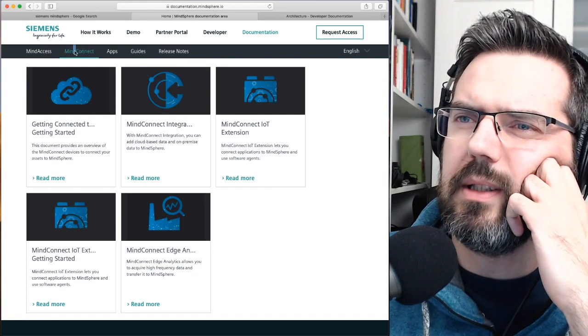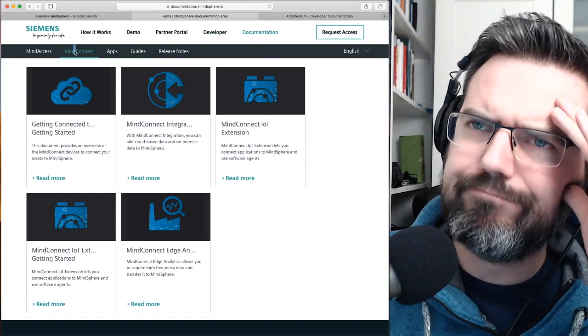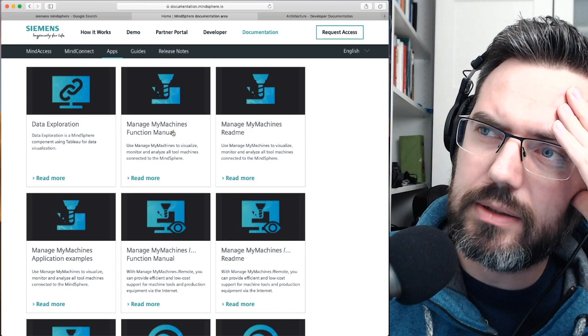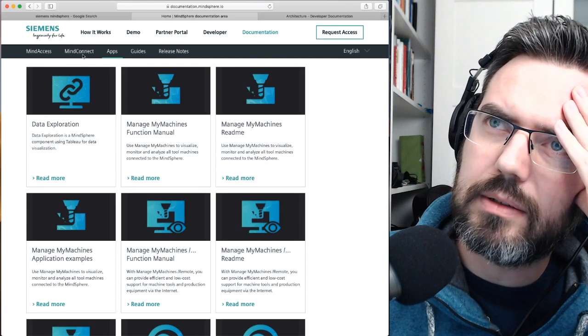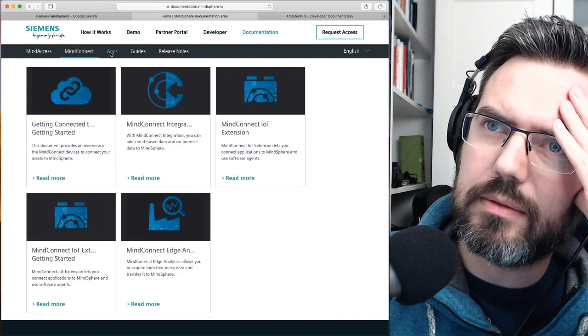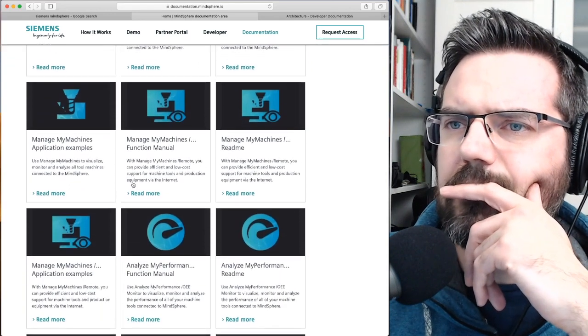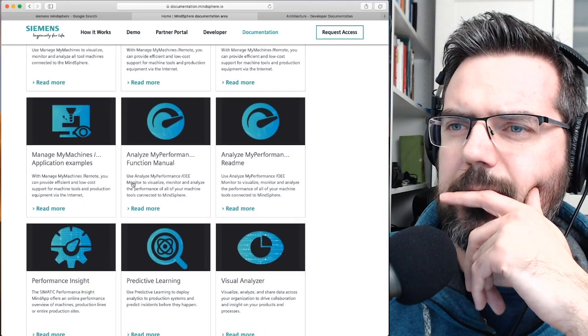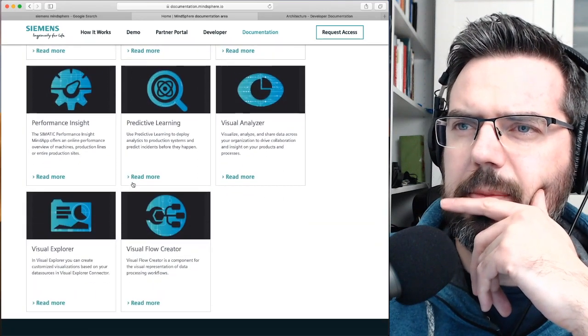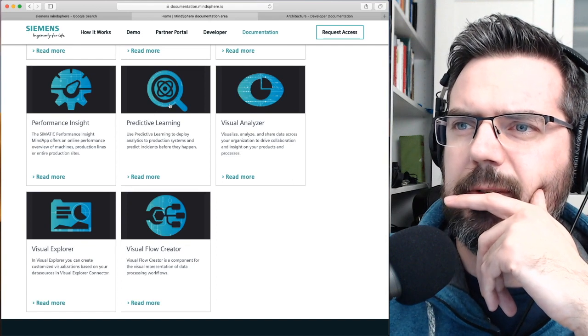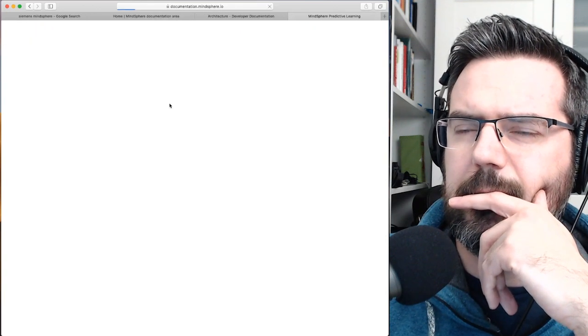Interesting. Mind Connect IoT extension. It's not very clear what everything is. Data exploration. What was that? Mind Connect? No, apps. Machines function, manual readme, performance insight, predictive learning. That sounds interesting.